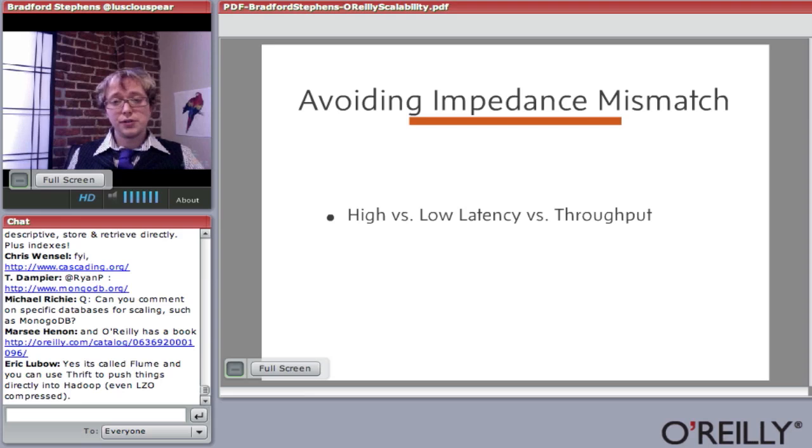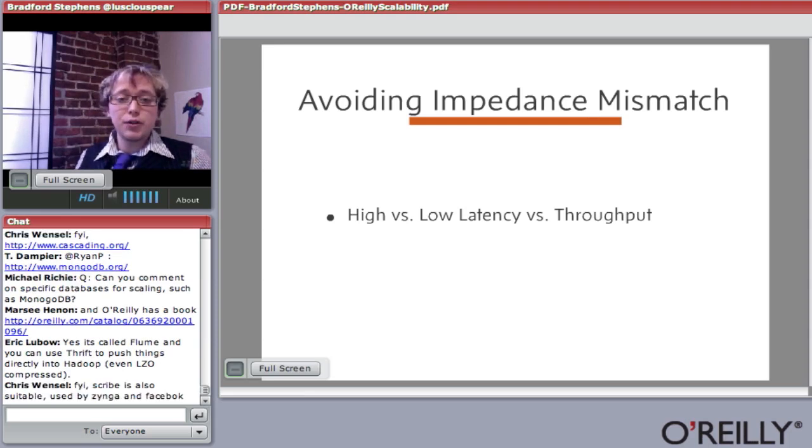because you can't use these traditional databases for these queries, you're going to have problems where you have to sort of divide things. What is real time or what is batch processing? What is high throughput, high latency versus low throughput and low latency? So Hadoop is a high throughput and high latency system. You can process 100 terabytes of data, but it may take you a minute to get started.